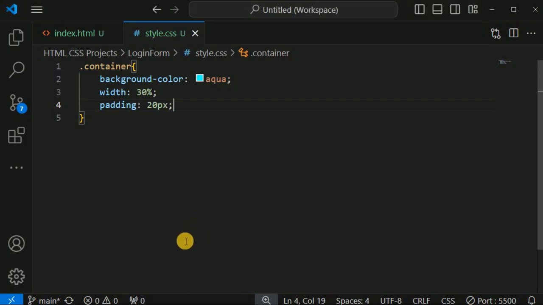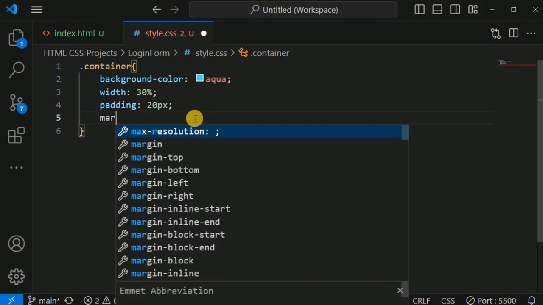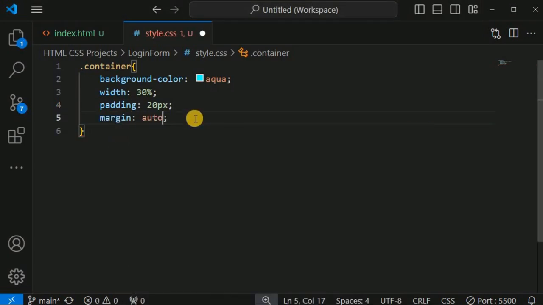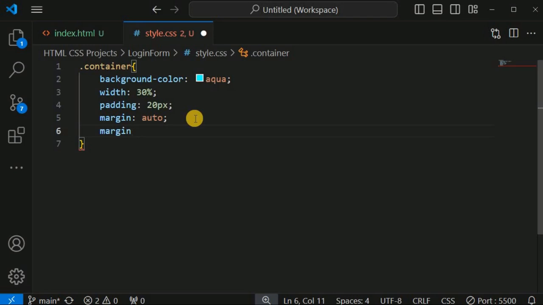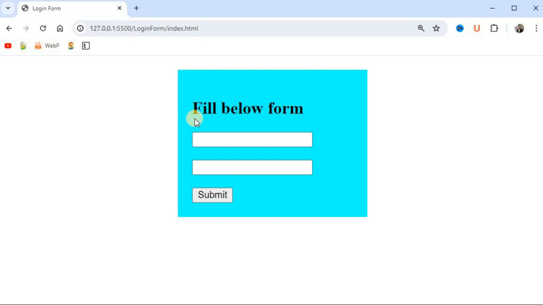And then apart from this, let us also get the div tag at the center of the screen by providing the margin is equal to auto, and also we will have some margin from the top side as well. So let's say we have 20 pixels of margin from the top. So as you can see, we are getting this div tag, that is the container class, at the center of